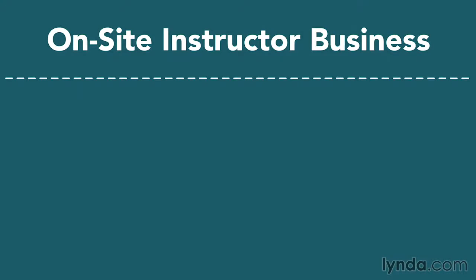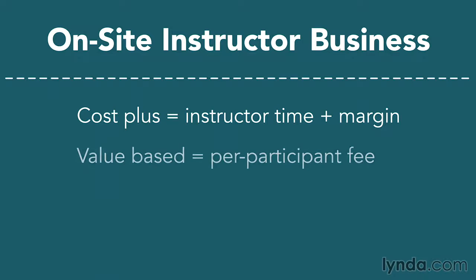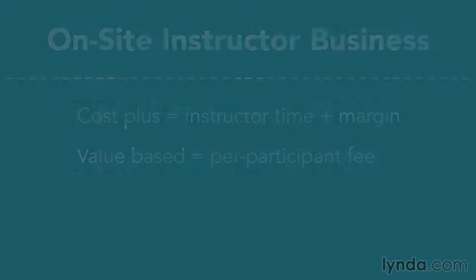Allow me to illustrate. For my business, we run a training firm. We could have a cost plus model where we say, here's what an instructor costs for one day, and we're going to add this percentage on top in terms of a profit margin. We could also have a value-based pricing model where we say every participant in class pays a fee because they're all getting value from participating in the training. And we look at the value they get, and then we price our service as a portion of that.